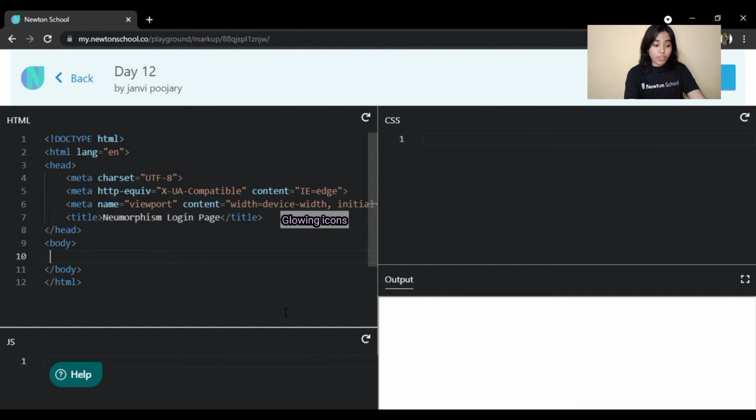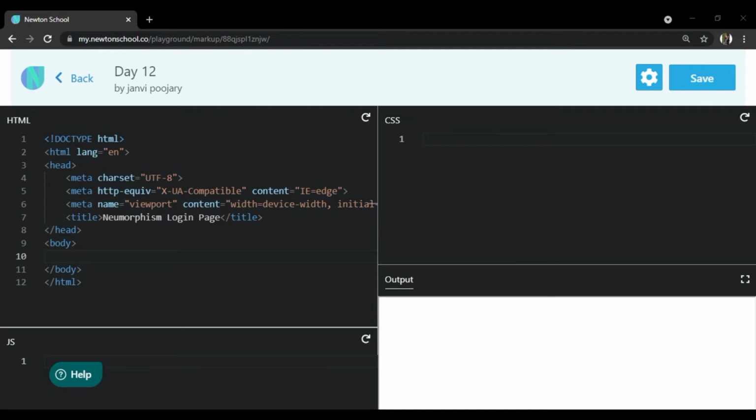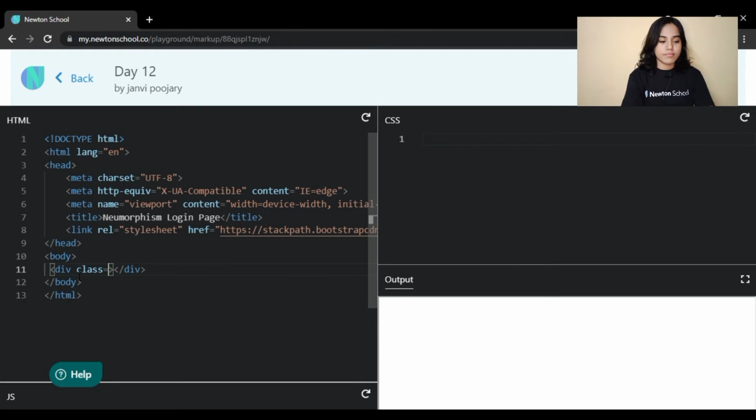Now let's quickly jump into the code. Here I have a basic HTML boilerplate ready. Here I will write one div tag whose class name will be wrapper, and I will write one UL.